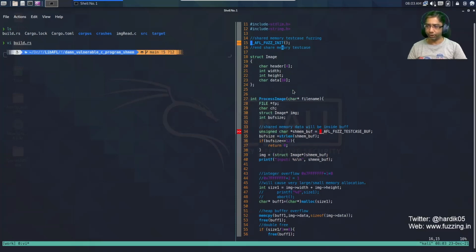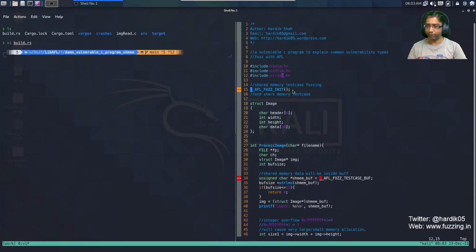And one more thing you will notice over here is that I have used one function, which is _AFL_fuzz_init. This is a function which tells our fuzzer that this harness is using shared memory mode. So you need to write all the test cases to the shared memory, and the program will read the test case from the shared memory.